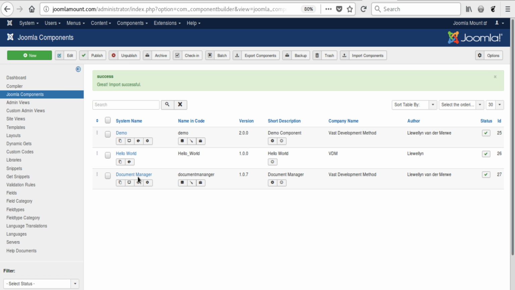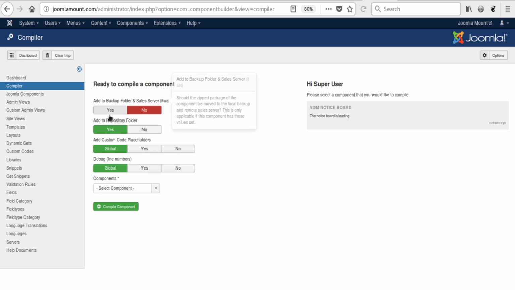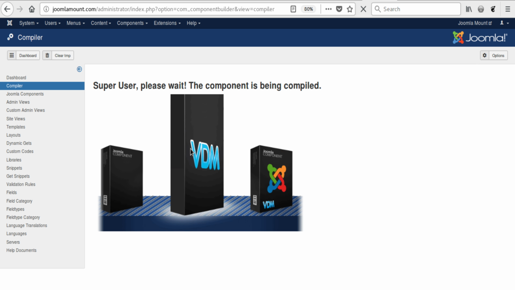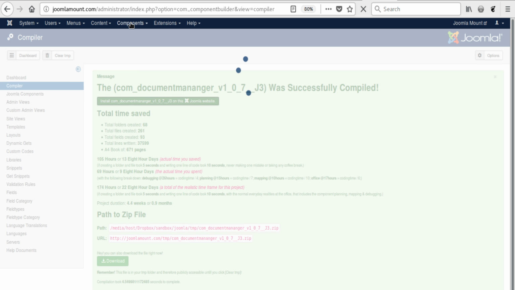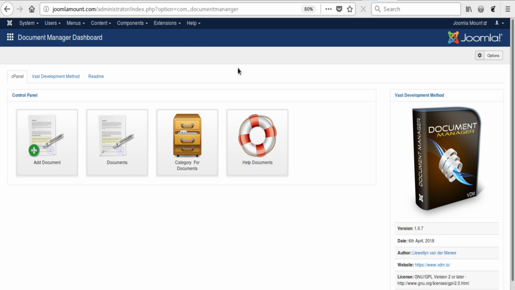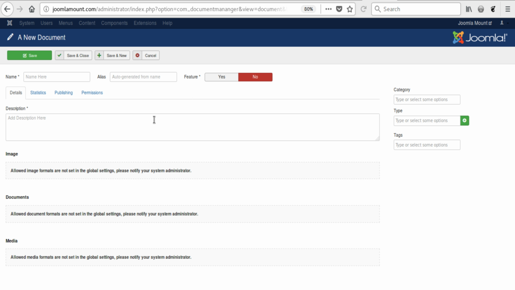Okay, so we've got Document Manager now installed here. Let me quickly show you how it looks in action. So I'm going to install it to this component Joomla website and demonstrate it. Okay, now we have it here, Component Manager, Document Manager, and we can create a document quite easily by clicking